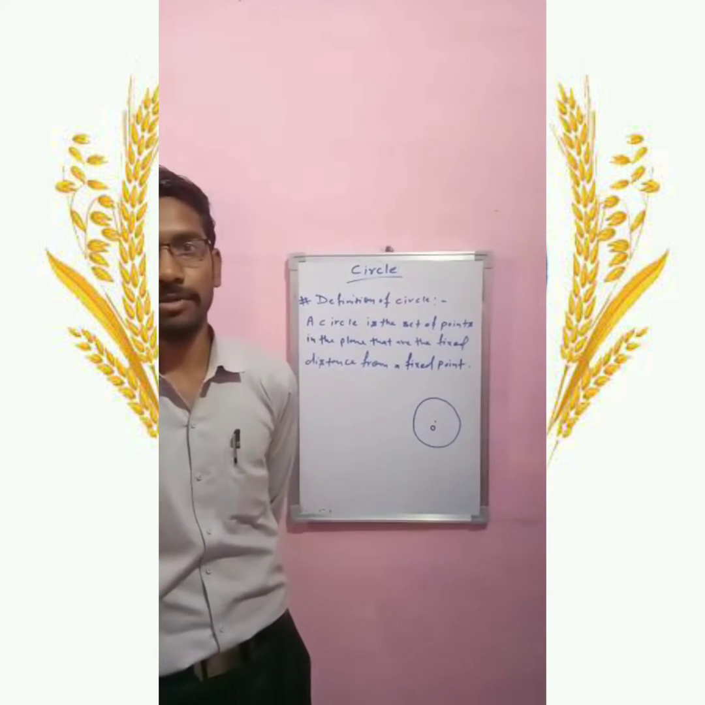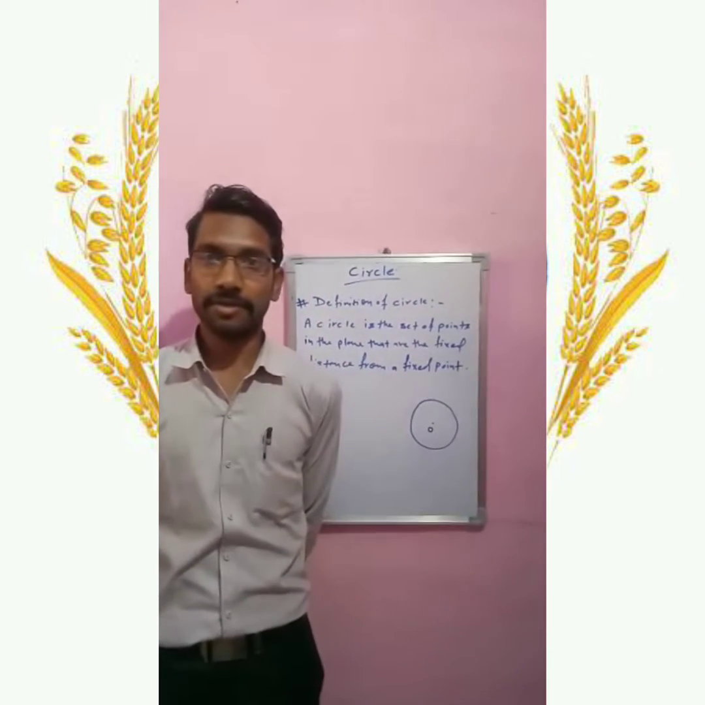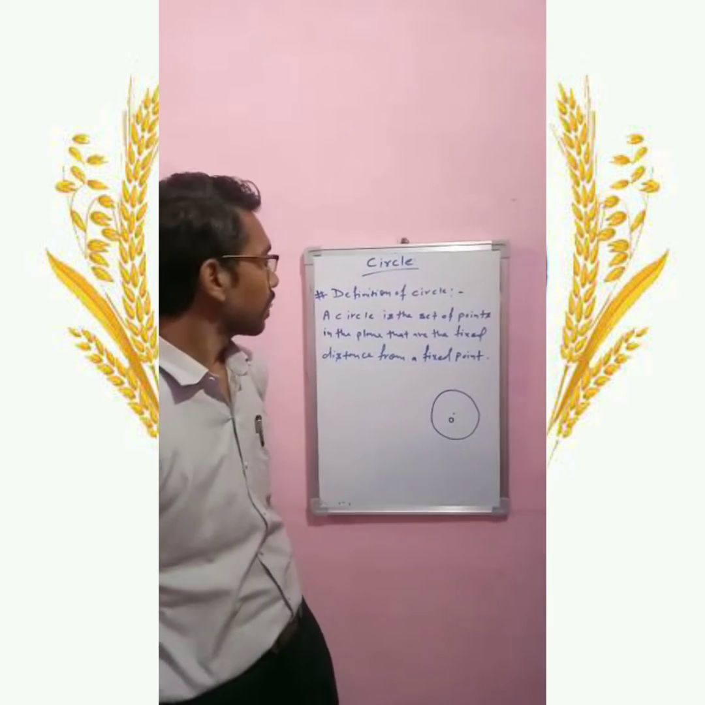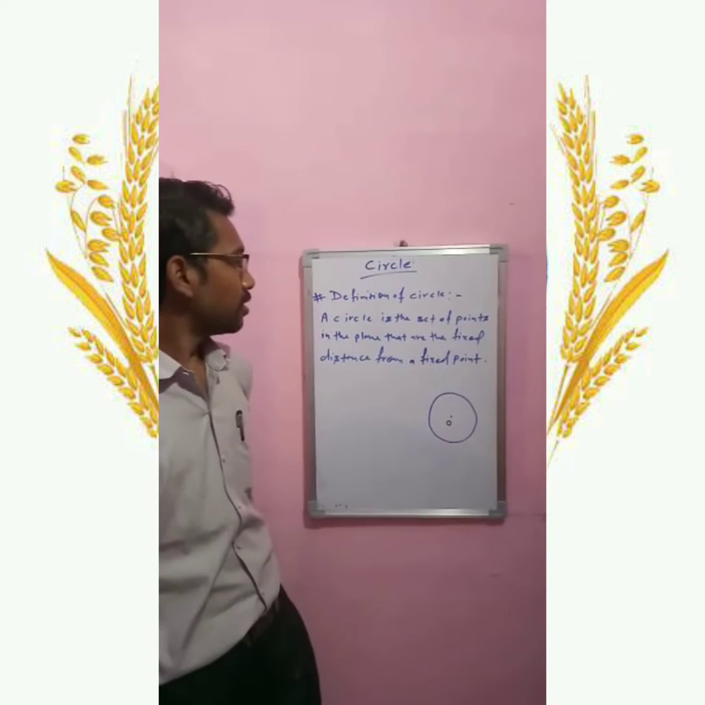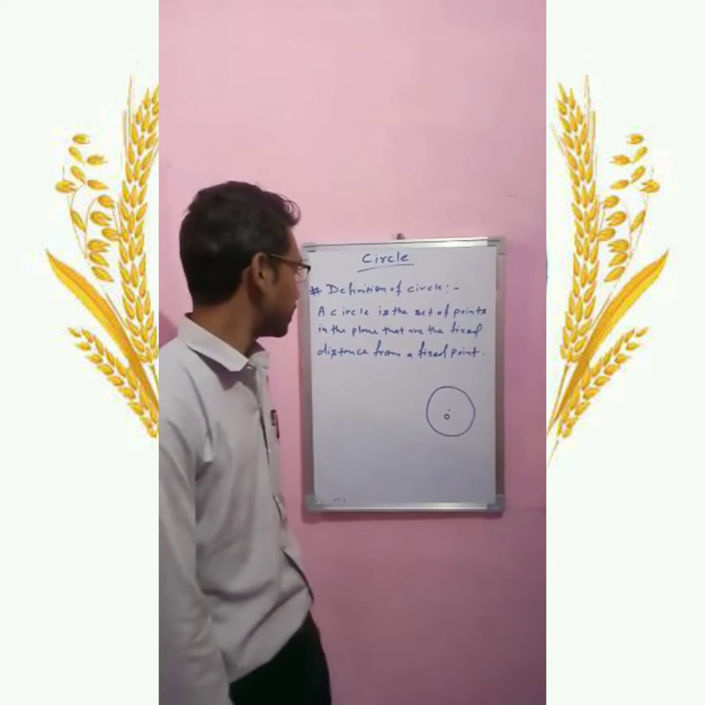And today my topic is the circle. I start with the definition of a circle. Definition of circle: a circle is a set of points in the plane that are at a fixed distance from a